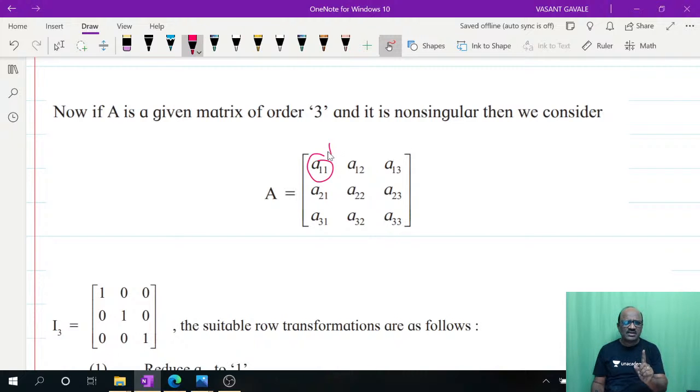प्रत्येकदा पहिल्यांदा A11 ला काय करणार तर तुम्ही 1 करणार आणि त्यानंतर त्याच्या साहाय्याने make A21 and A31 as a 0. आणि ज्यावेळेस तुम्ही हे ऑपरेशन्स लिहिता, जो रो चेंज नाही होत तो पहिल्यांदा लिहा, म्हणजे आपलं अर्ध काम संपलं. म्हणून first of all make this A11 as a 1 and after doing this make A21 and A31 as a 0.